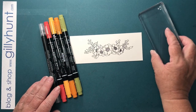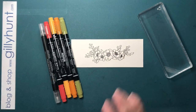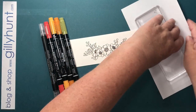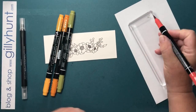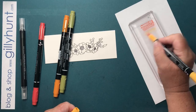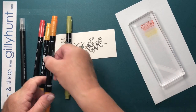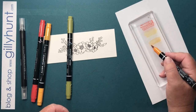Okay, and I'm just going to put a little piece of white paper behind that so you can see it a little bit more clearly. So let's just do that. I'm going to just scribble a little bit of ink from my markers onto here. Now again, I could take a bit of ink from my pads, or I could use a re-inker for this,